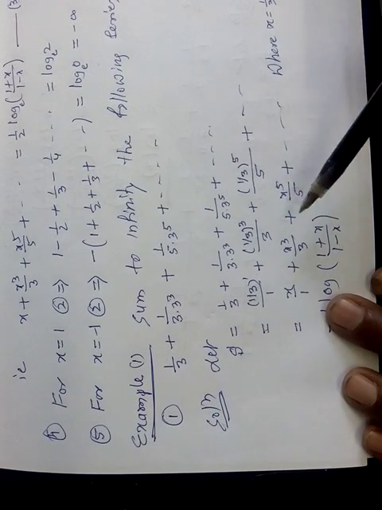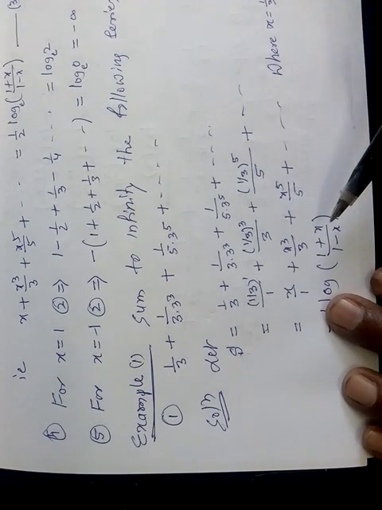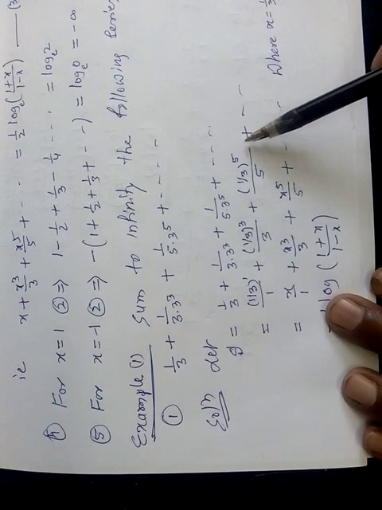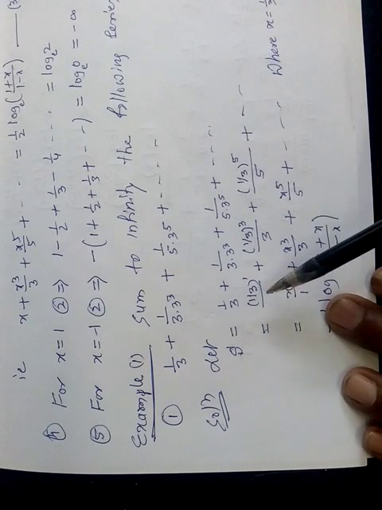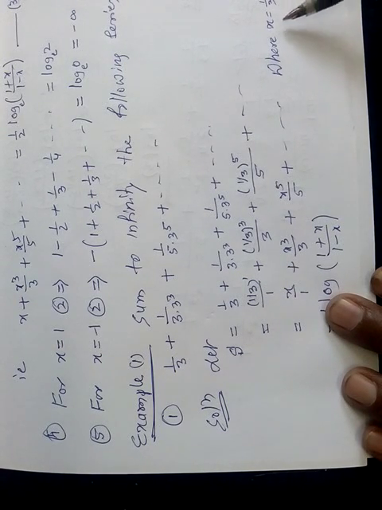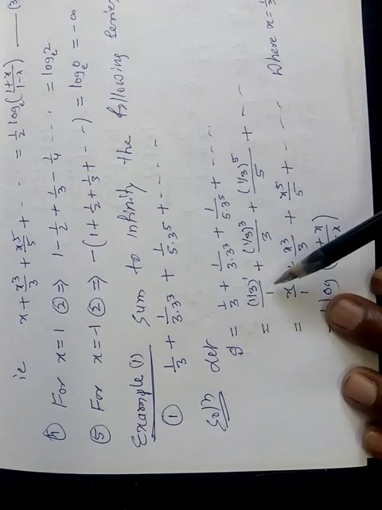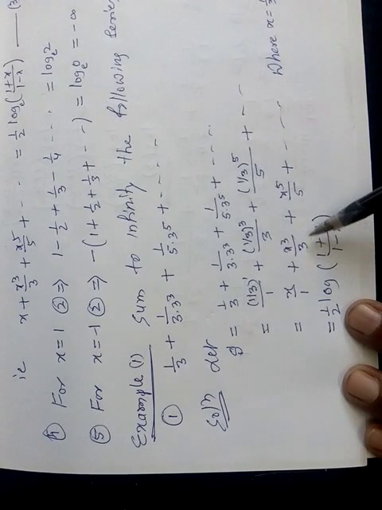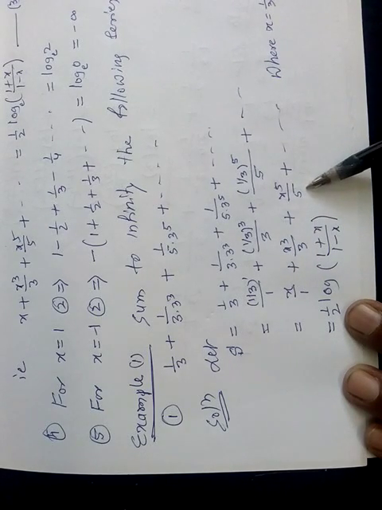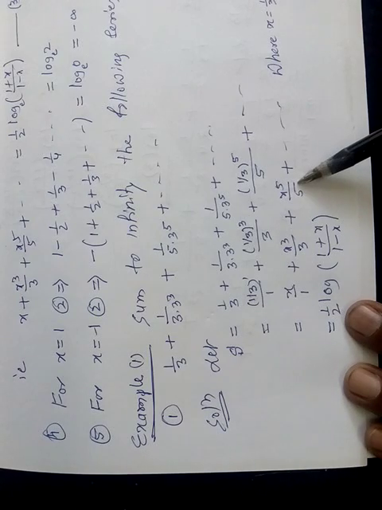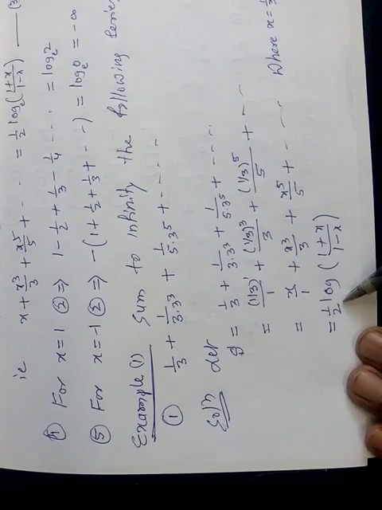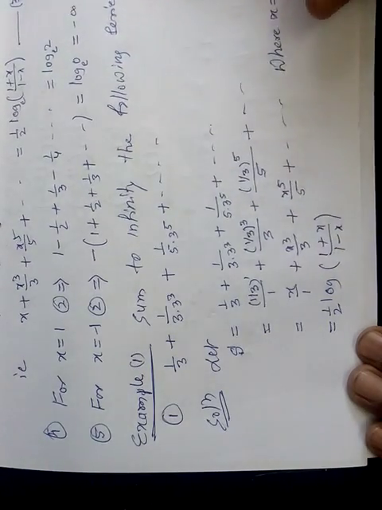Now after taking geometric factor to numerator, whatever geometric factor you get in the numerator, that I call as x. Here 1 by 3 I call as x, and taking 1 by 3 x, you will get this series, x by 1 plus x cube by 3 plus x power 5 by 5. So this is a standard series. You know what is the sum of this one. So sum of this one is 1 by 2 log 1 plus x divided by 1 minus x.